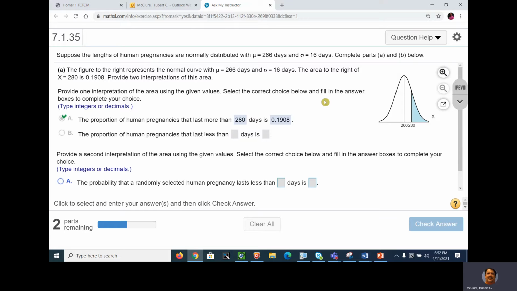And if the yellow area is 0.1908, then what is the blue area? It's the complement. And no, you're never going to get rid of the complement, so you might as well just learn it. And we've been talking about the complement since chapter 3. And 1 minus, because this whole area is 1. Area under the curve is 1, and if you want to, we'll just do that. 1.0000 minus 0.1908